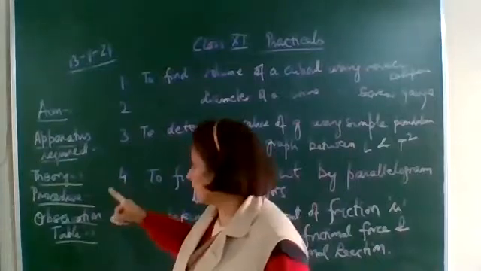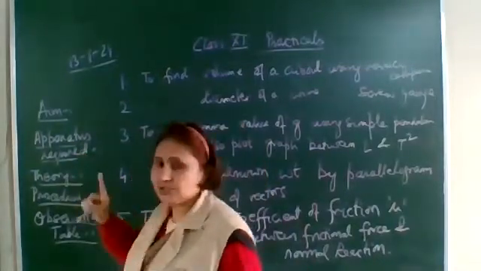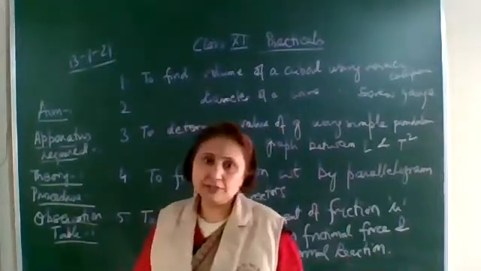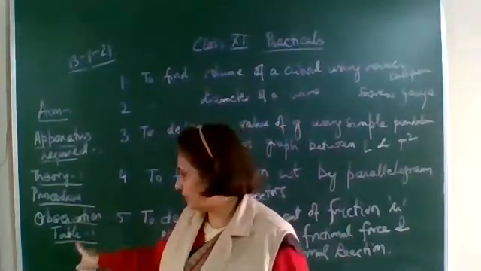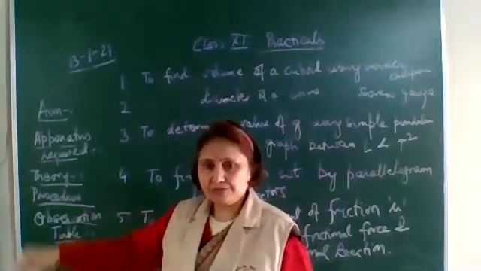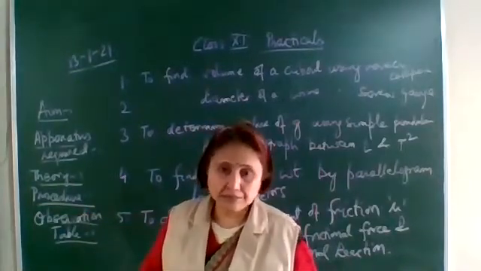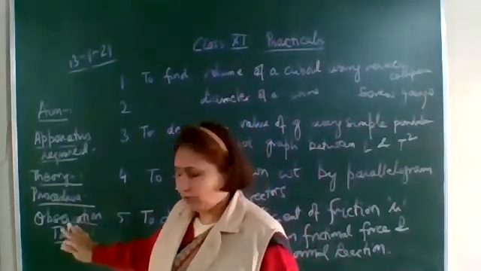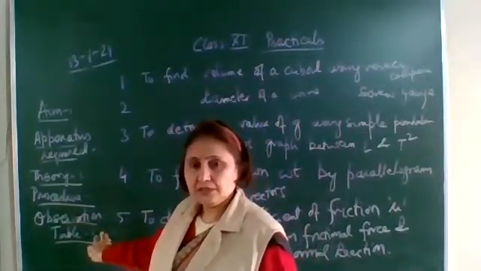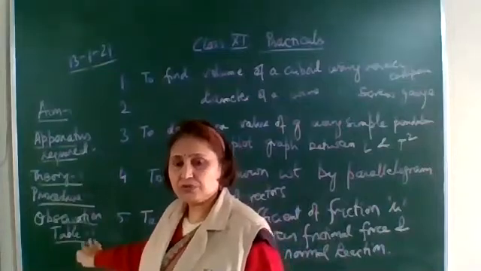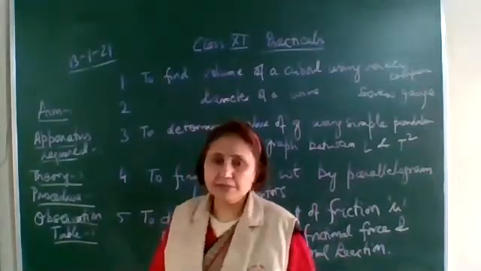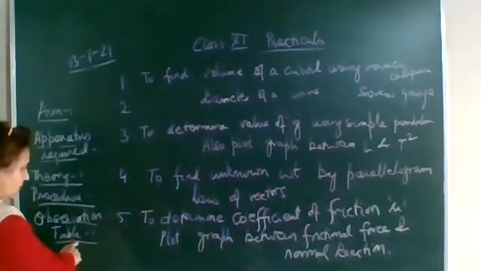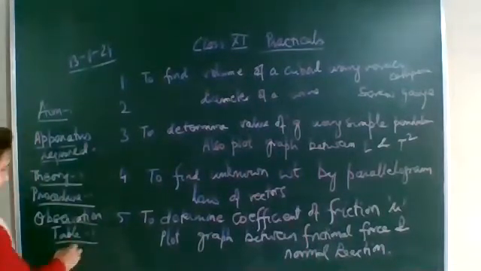On the right side, the writing of aim, apparatus, theory, procedure, everything will be written on the ruled sheet. Observation table on the blank page, on the left page. You will make the observation table with serial number and few columns, and leave it empty. Don't fill up any readings. If you are called to the school and allowed to do the experiments, then you will do it. Otherwise, you leave the observation table empty. So only the observation table has to be written on the left page.